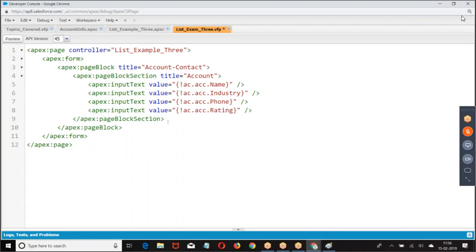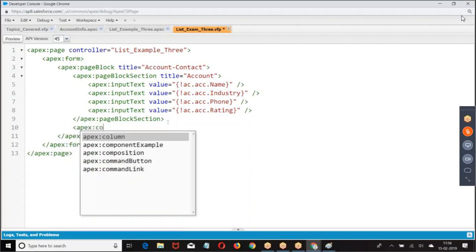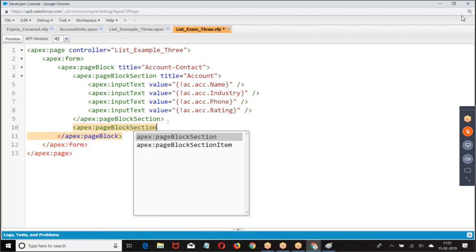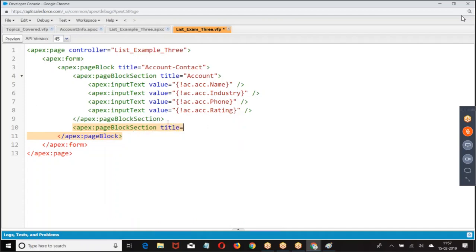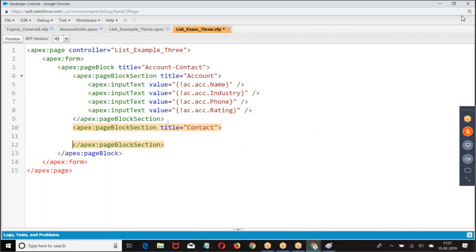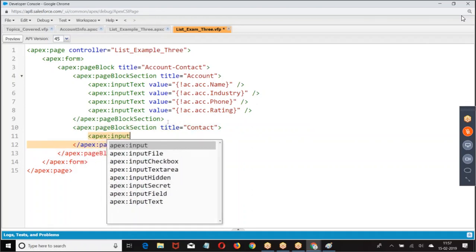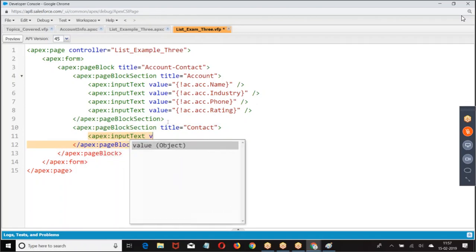Similarly, I have one more section. AC dot UN dot.